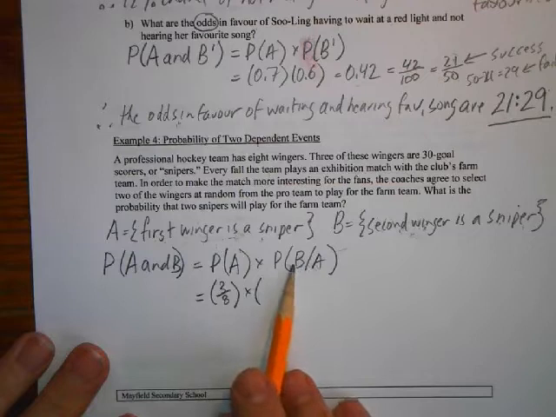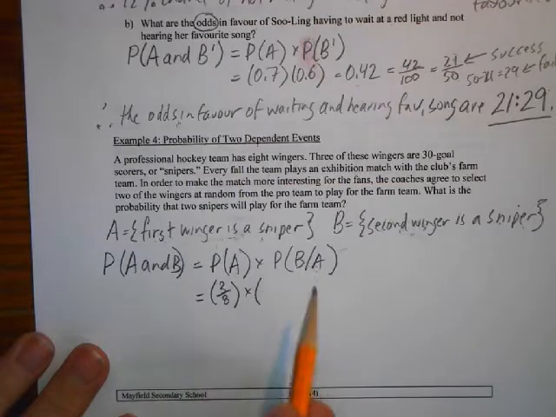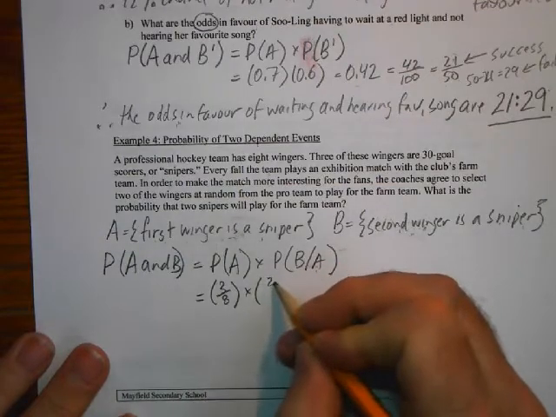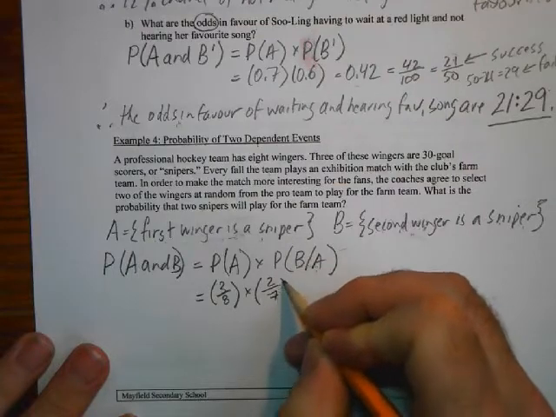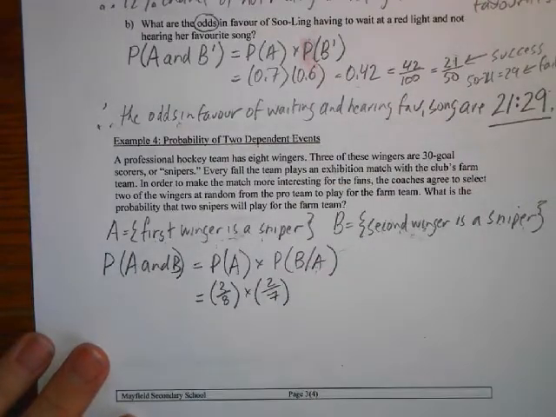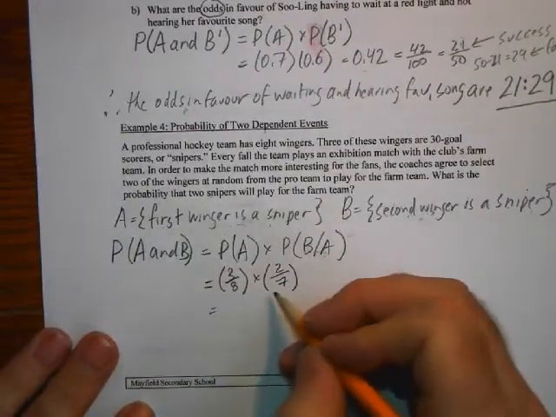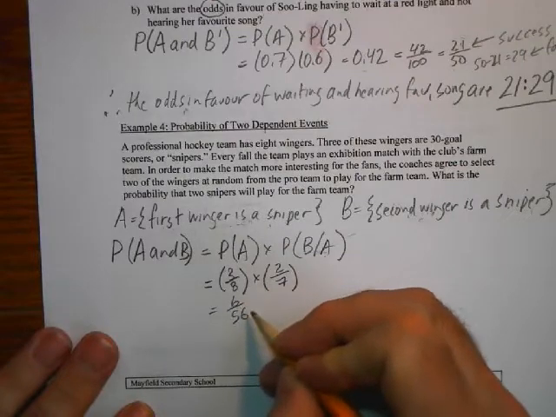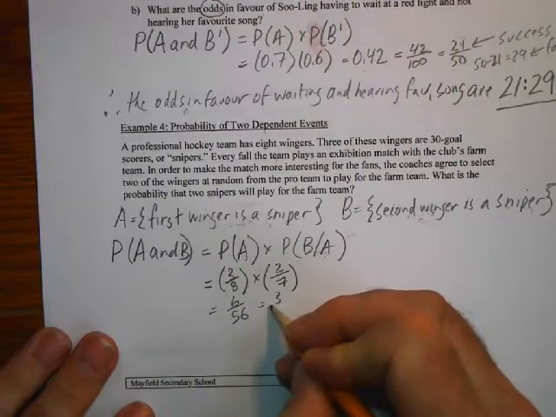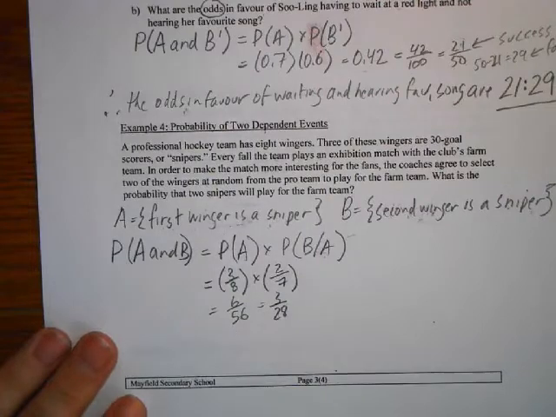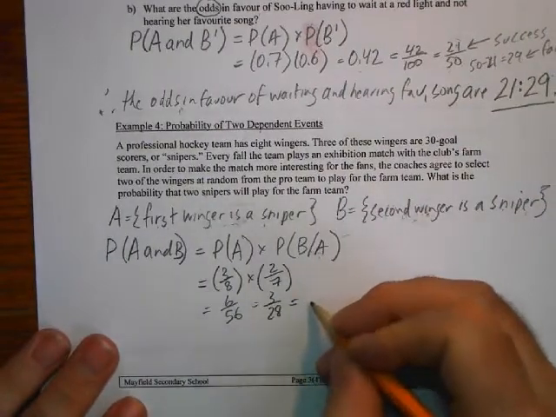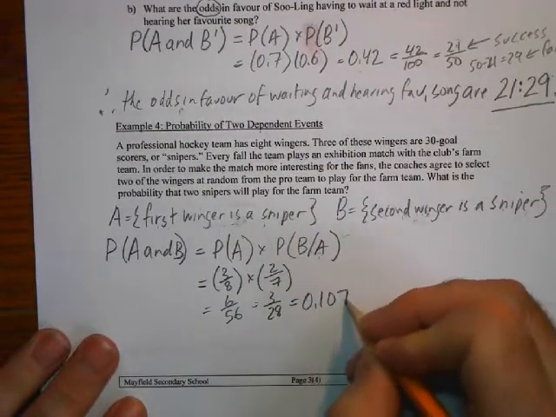we already selected a sniper here, so that means we have 2 snipers left out of the 7 wingers to choose from. Okay, so that's equal to 6 over 56. We can reduce that to 3 out of 28. And then do our calculator. So we get approximately